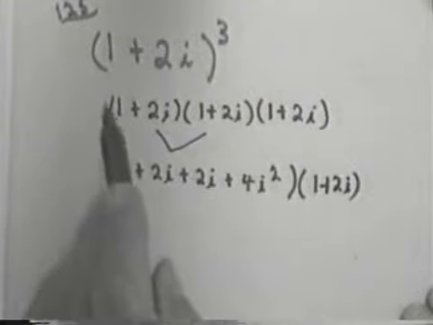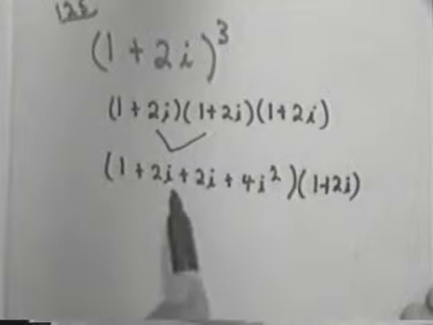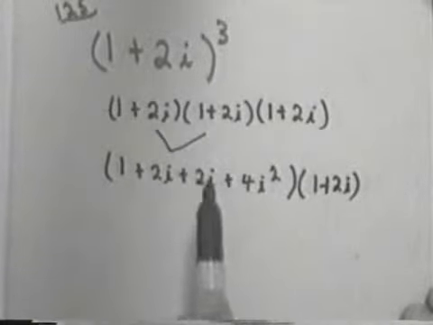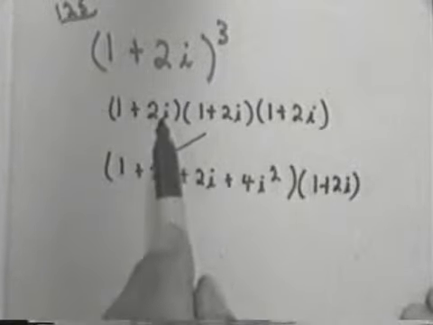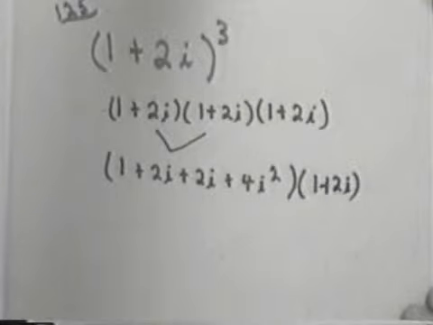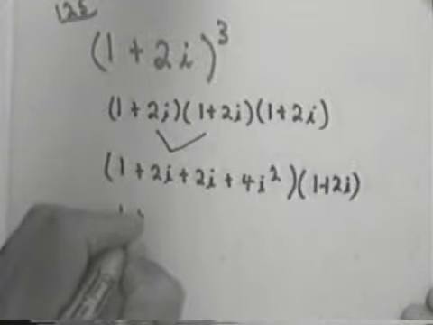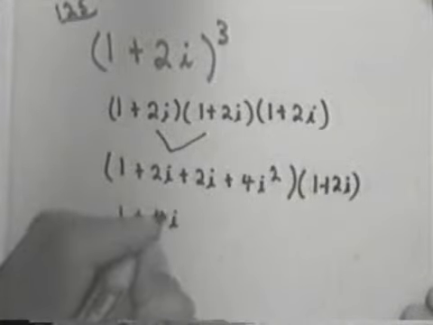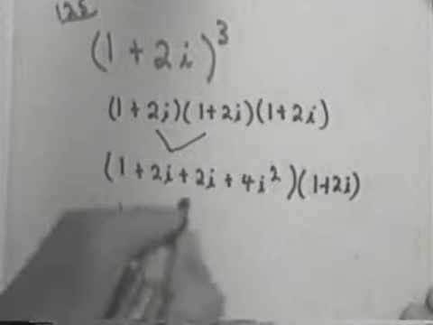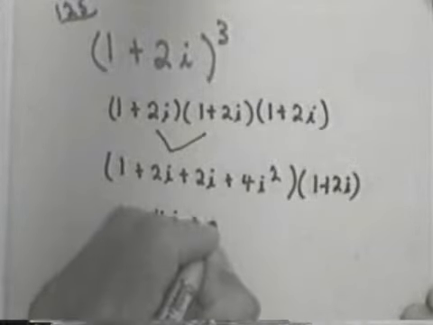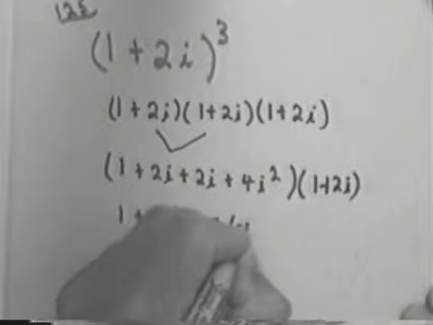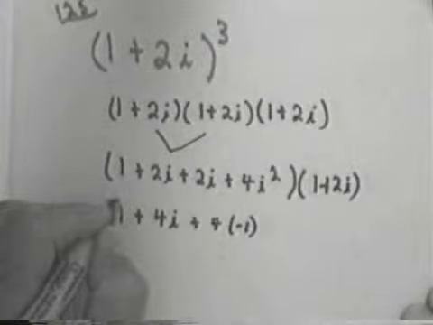First, 1 times 1 is 1. Outside, 1 times 2i is 2i. Inside, 2i times 1 is 2i. And the last, 2i times 2i is 4i squared. Well, I get 1 plus 4i, since 2i plus 2i is 4i, plus 4 times i squared, which is negative 1,